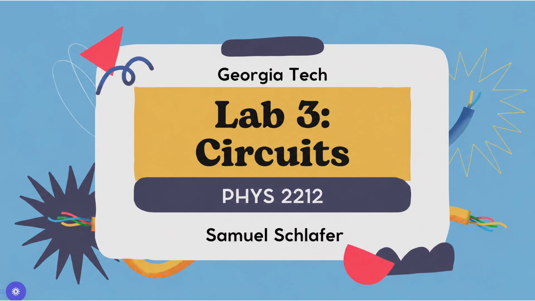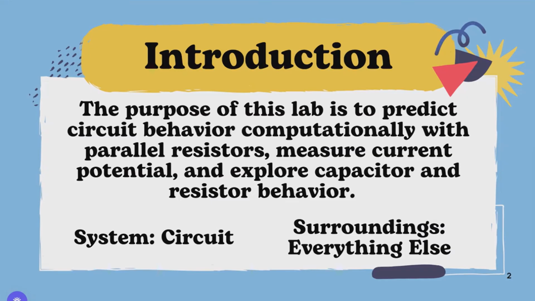My name is Samuel Schlafer, and this is my Physics 2212 Lab 3 on circuits. A little introduction to this lab. The purpose of this lab is to predict circuit behavior computationally with parallel resistors, measure current potential, and explore capacitor